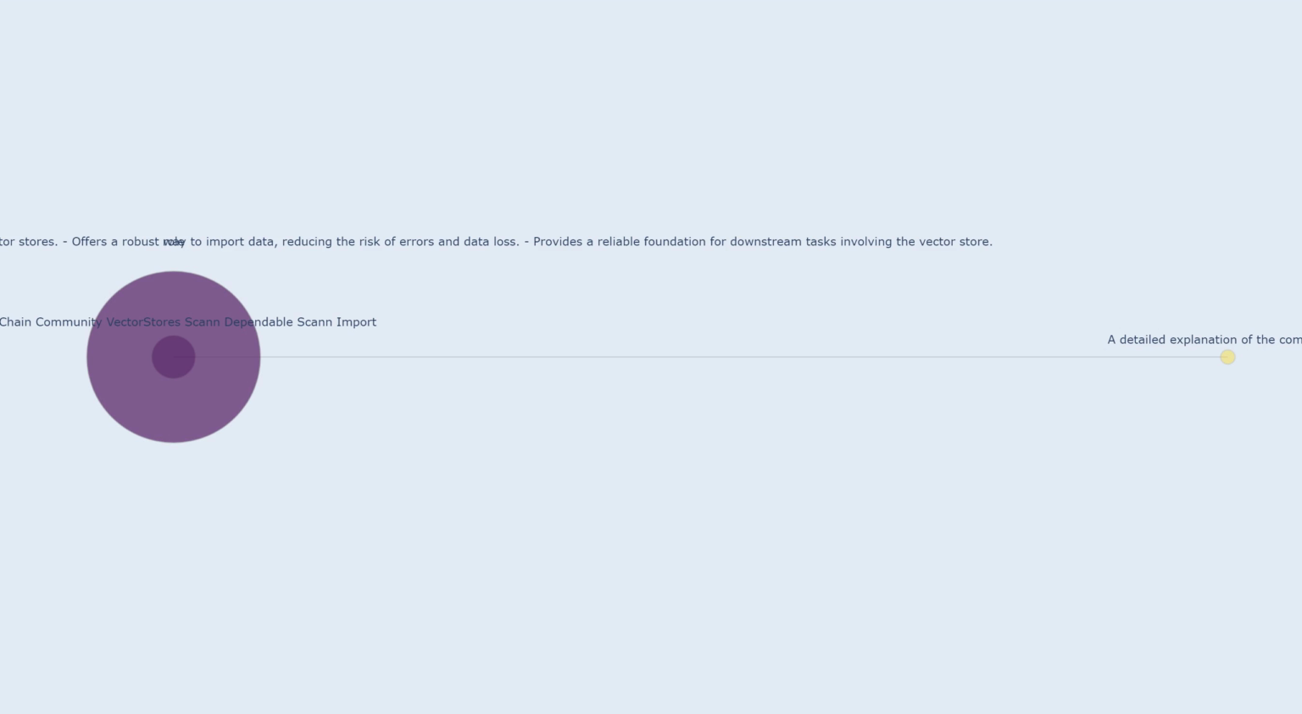The ScaNN dependable ScaNN import mechanism enables the creation and maintenance of reliable ScaNN vector stores. It provides a robust way to import data, reducing the risk of errors and data loss. This reliability is crucial for downstream tasks that rely on the vector store, such as information retrieval, recommendation systems, and